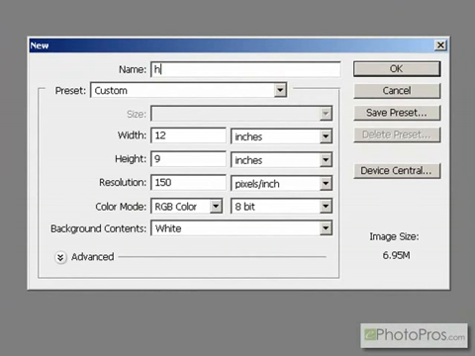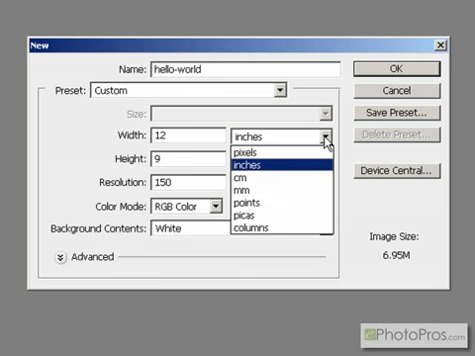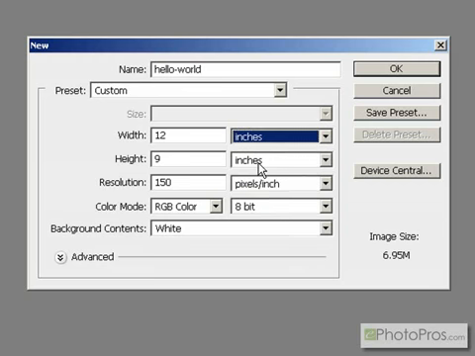You can name this Hello-World. We're going to be using a width of 12. We're going to be using inches. If yours is currently not set to inches, you can simply bring down the drop down and set that to inches. The height is going to be 9, and we're going to make a medium size resolution here at 150, just for the sake of this educational exercise. So hit OK,